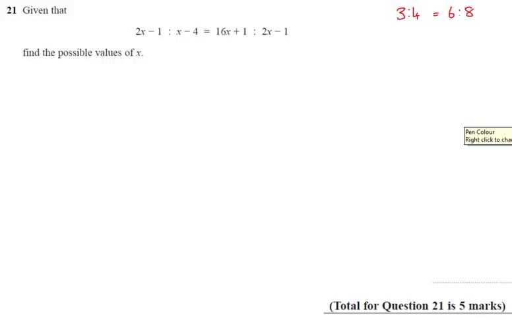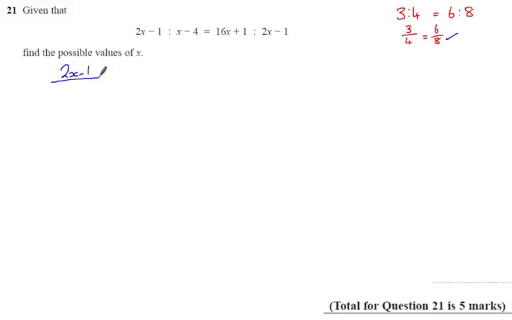what I'm going to do is I want to write this as an algebraic fraction. So I know that if I just leave that at the top and leave that at the bottom, 3/4 is equal to 6/8. Although that is a bit of a loose way to explain it, I know this maths works. So I'm going to write this as an algebraic fraction. So that's going to give me